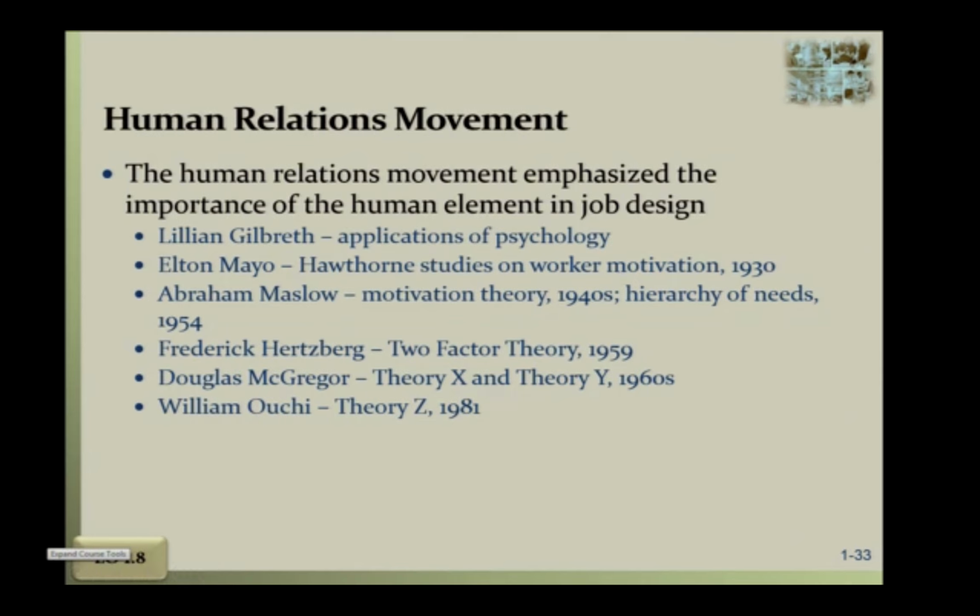Hawthorne was the name of a factory, and they were testing to see if changing the work condition actually results in a change in productivity. And they realized that, as they changed things in this factory, they were studying the workers. They were changing the temperature and lighting, and they were expecting that with better lighting and a nicer temperature, there's going to be higher productivity. Well, that wasn't the case, because no matter what they did, the productivity was high.